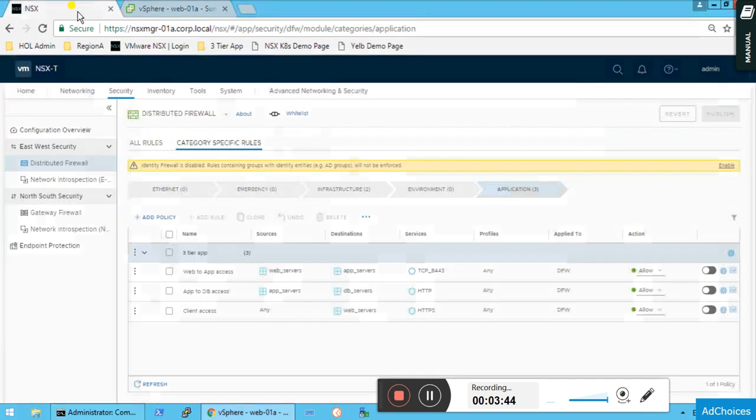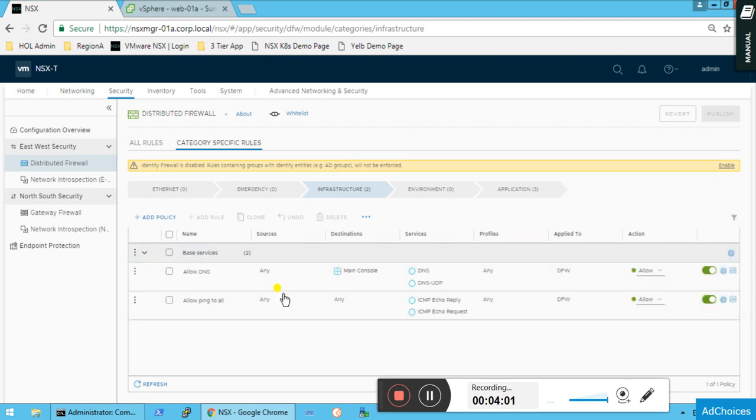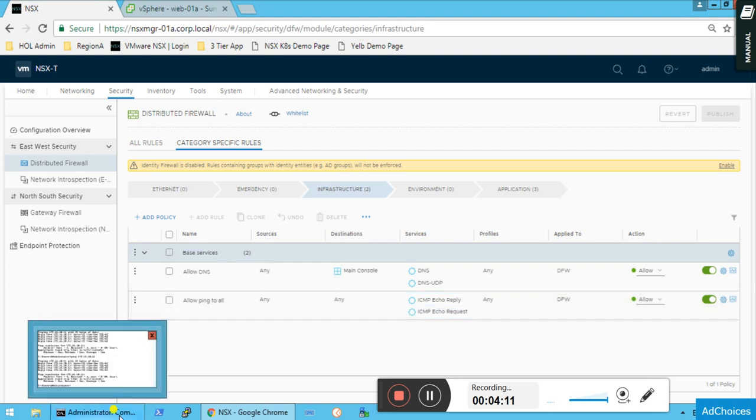Let's see here. In my application section, I have denied PuTTY, so it will not be accessible on port 22. But in my infrastructure section, I have created a rule which says that any source, any destination will be allowed for ICMP echo reply and ICMP echo request. So that's the reason I can ping this server from here, right?